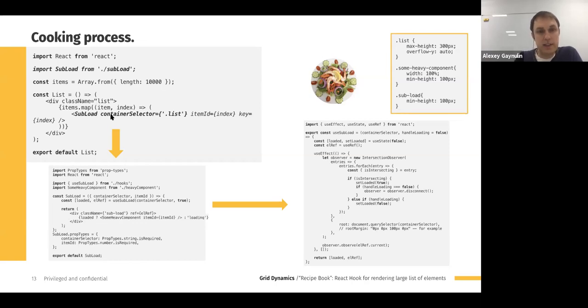We can pass our IDs here to these components, for example some heavy components. It is also a topic for another discussion, because with, for example, GraphQL, we could provide really encapsulated components which are separate from other logic. So we have our parent component, and this parent component will render some heavy component, and the heavy component knows nothing about the parent component. It's just waiting for an ID. For example, we get the ID of 5, and we make all the preparations with, for example, once again, GraphQL